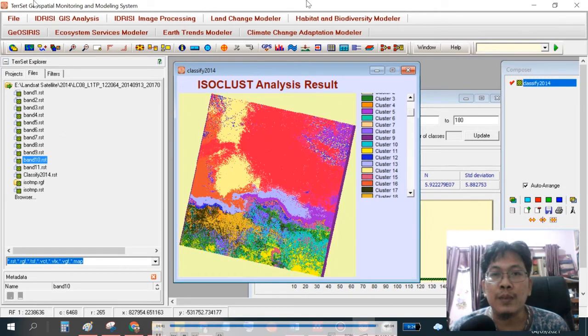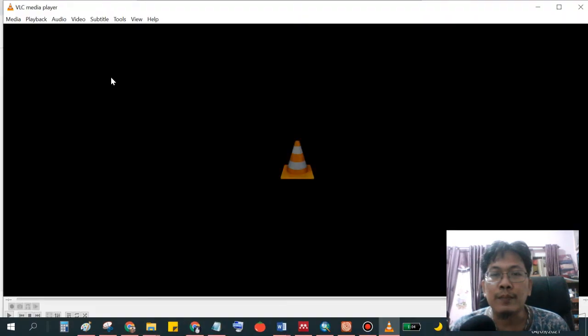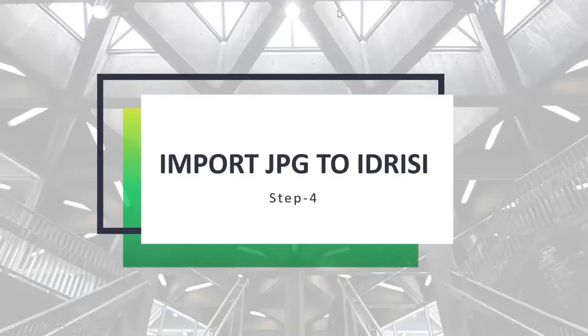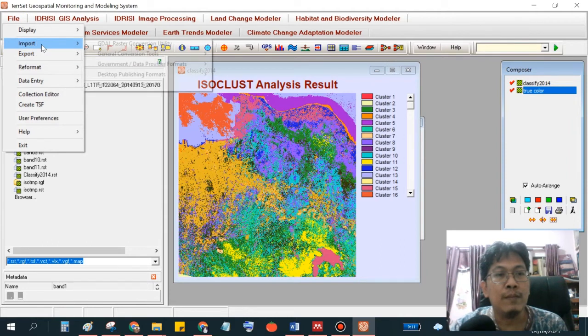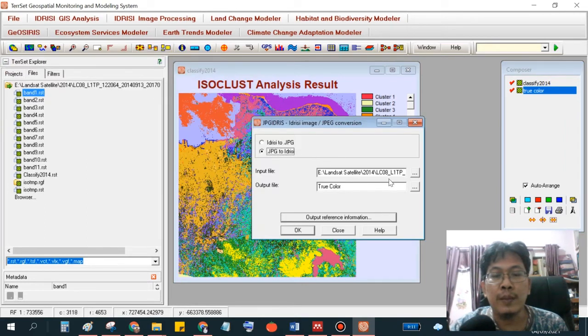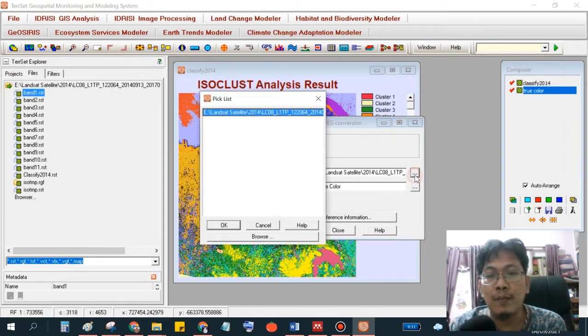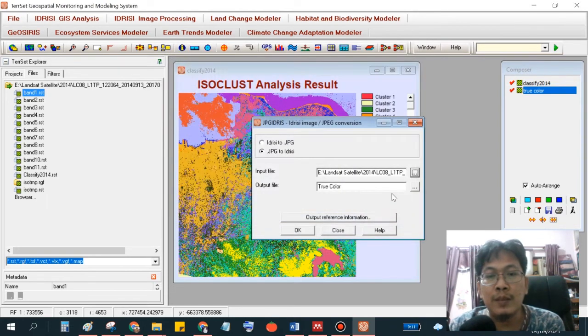Okay, next we continue to classify. Additional step, we have to import the true color, because in the reclassifier we have to compare the real satellite imagery here in a JPG file.